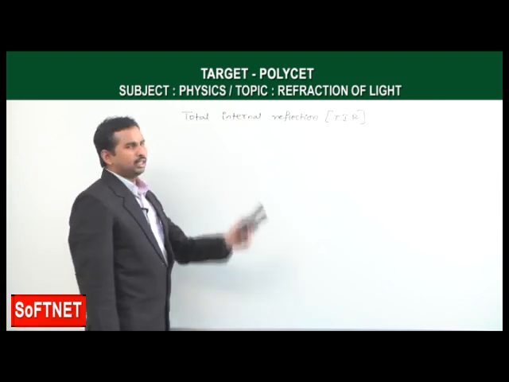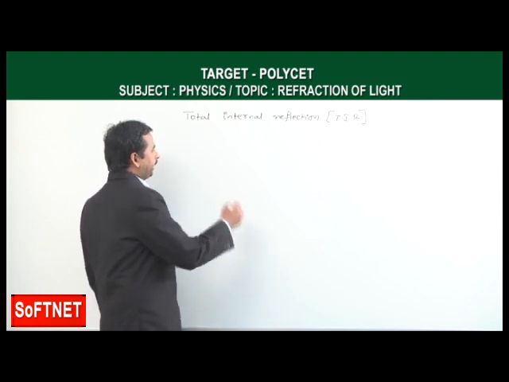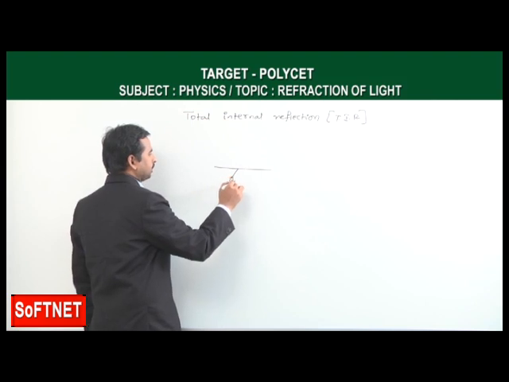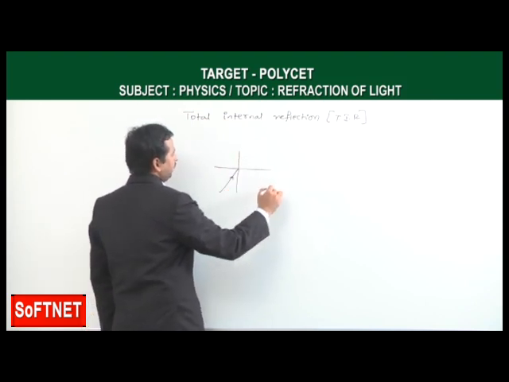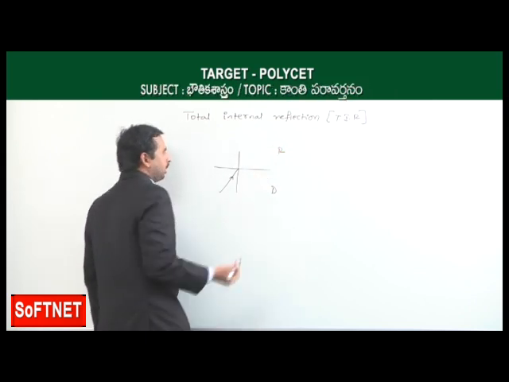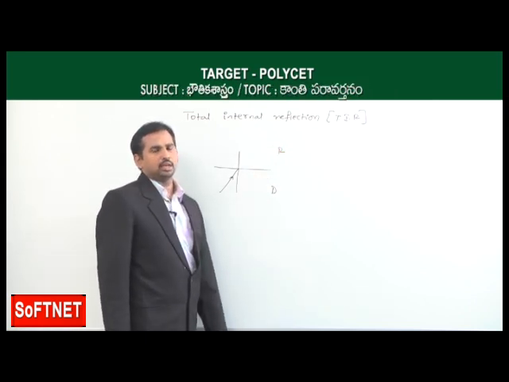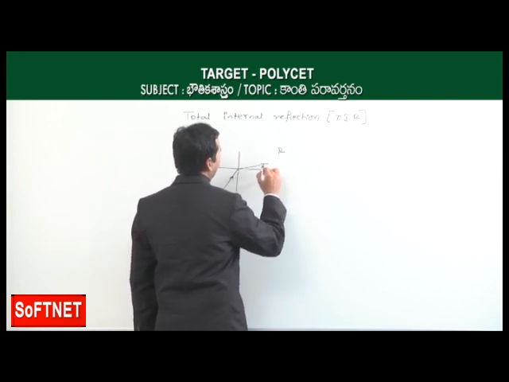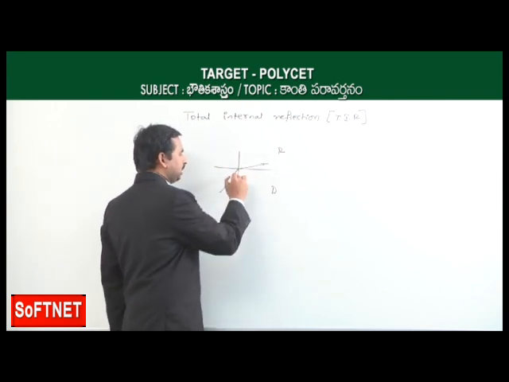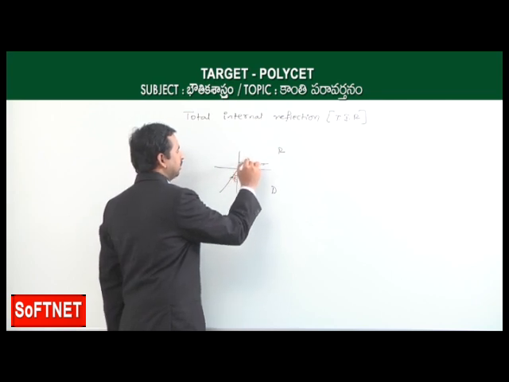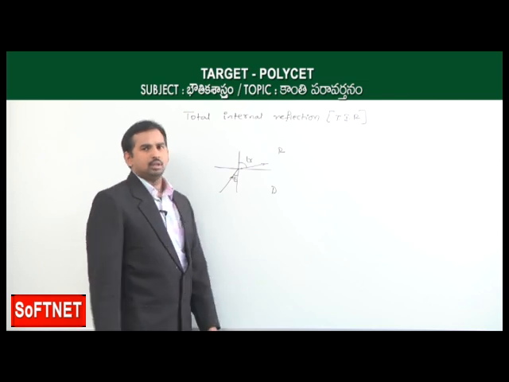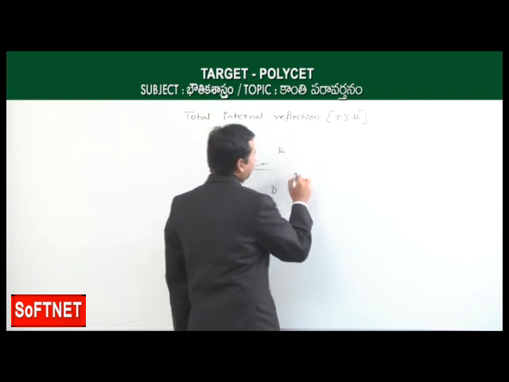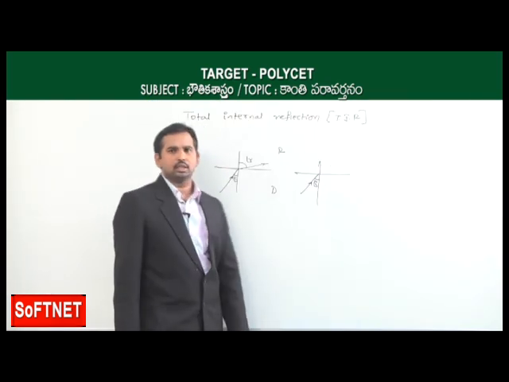Now, total internal reflection means actually if the light ray starts from a denser to a rarer medium like this, according to our Snell's law, here the light ray is bending away from the normal, making the angle of refraction more when compared to the angle of incidence, like this. Now, if you increase this angle of incidence more, then according to our Snell's law, the angle of